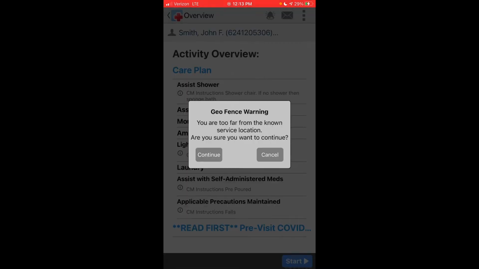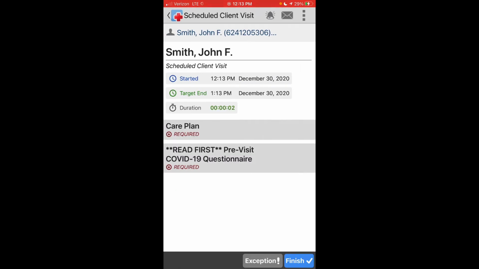It's going to give me a geofence warning saying that I am too far from the known service location and if I want to continue. Obviously, I am not at the client's home right now, so I'm going to continue for demonstration purposes. I officially started John Smith's shift. It shows here that I started the time at 12:13 and I have a target end time of 1:13. I have been in duration for about 13 seconds. I'm going to hit finish